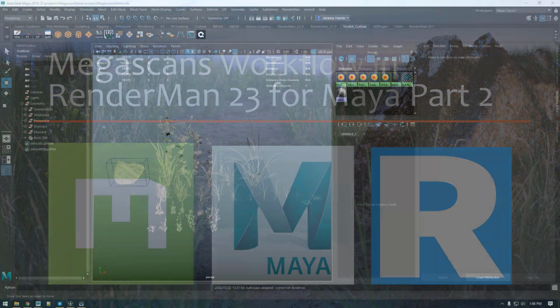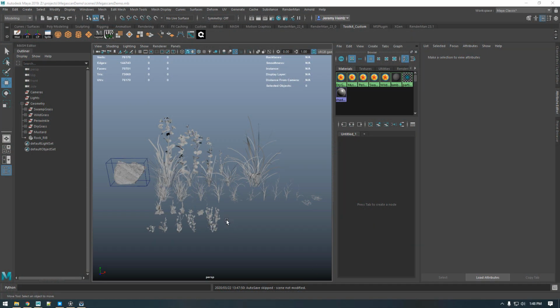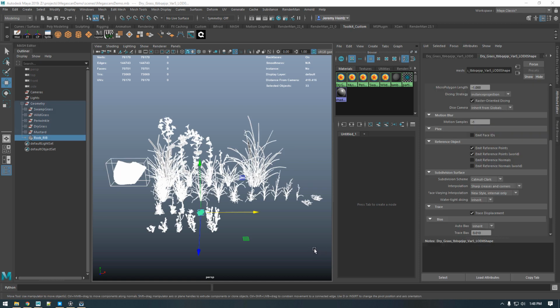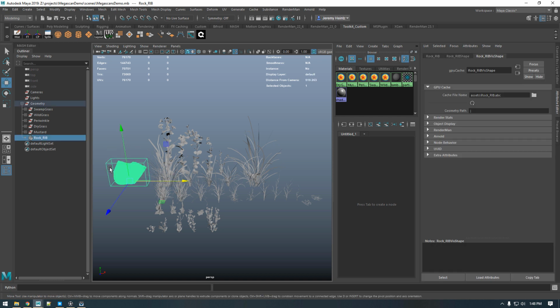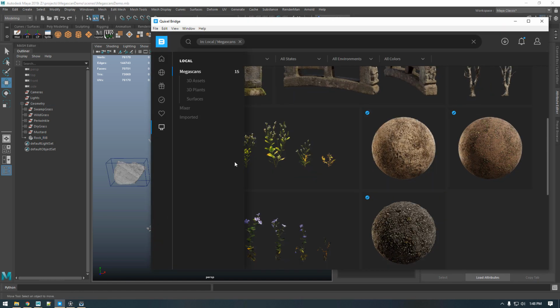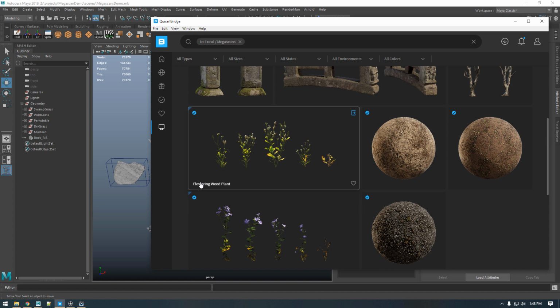So I'm going to jump into Maya, and you'll see in the viewport I have already imported a handful of different assets into my scene. I set them up the same way that we went over in part 1. I chose 5 different grass and plant variations and one rock rib that I've imported that we also set up in part 1. So I'm going to jump over into the bridge, and the plants that I'm using are the